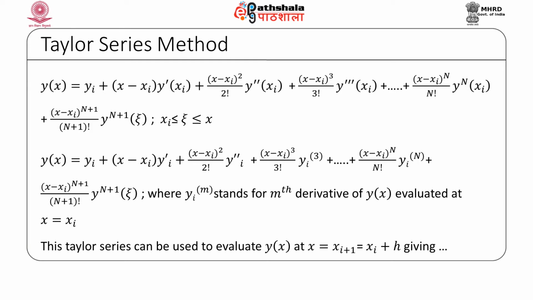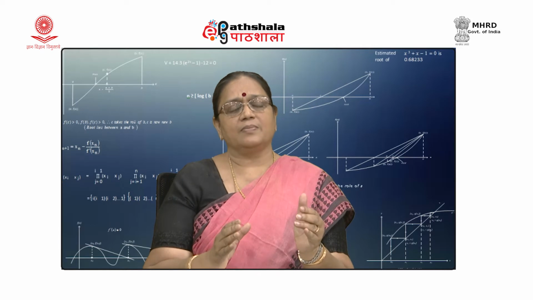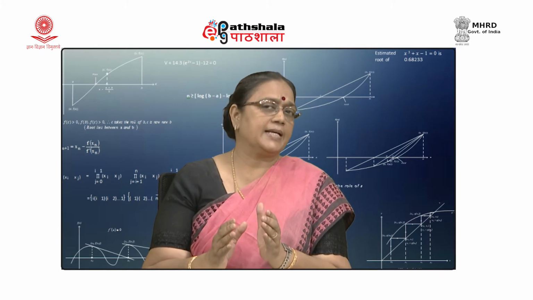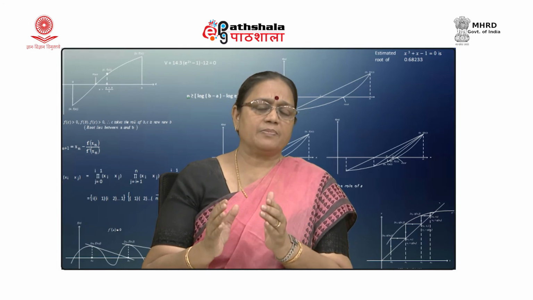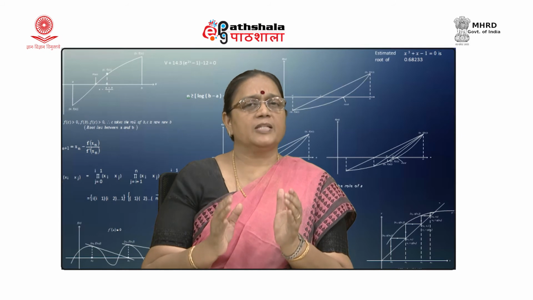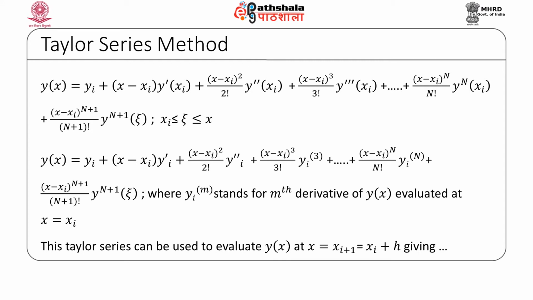Already we know the Taylor series. Let us say y is a function of x. If we expand y(x) in a Taylor series in powers of x minus xi about the point x equal to xi. In general, x equal to xi. When i is 0, we get x0, so the powers of x minus x0 are used when we are estimating y at x1. When we are estimating y at x2, we are expanding in the powers of x minus x1. So, in general, when we are expanding in the powers of x minus xi about xi,